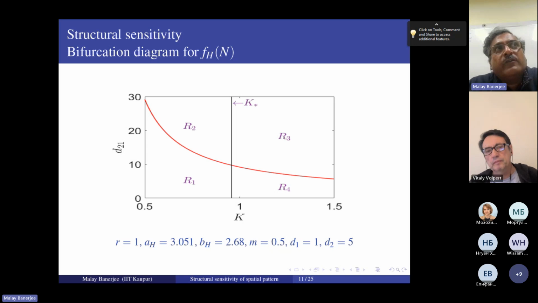Yeah, a long back, we worked on a problem with Noina. That paper was published in International Journal of Bifurcation and Chaos, and there we have provided some analytical expression involving the parameters involved with the model. If those conditions are satisfied, then spiral exists. So that technique can be applied here just to find out such conditions, and which will give us the idea that is how far we have to be from this Hopf bifurcation threshold in order to have some sort of